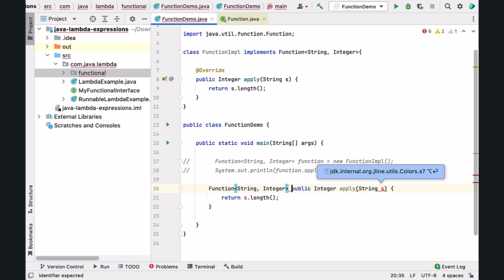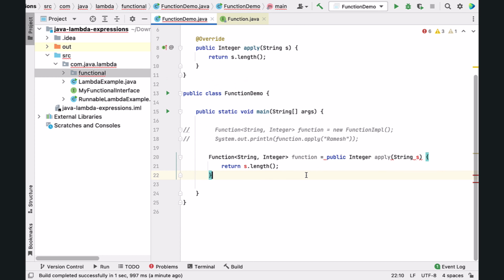Alright, and let's have a variable name, something like function. Okay, now let's get rid of some of the unnecessary parts. So public is not required, and also the name is not required because lambda expression is an anonymous function. We don't have to provide a name to the lambda expression, and also we no need to provide a return